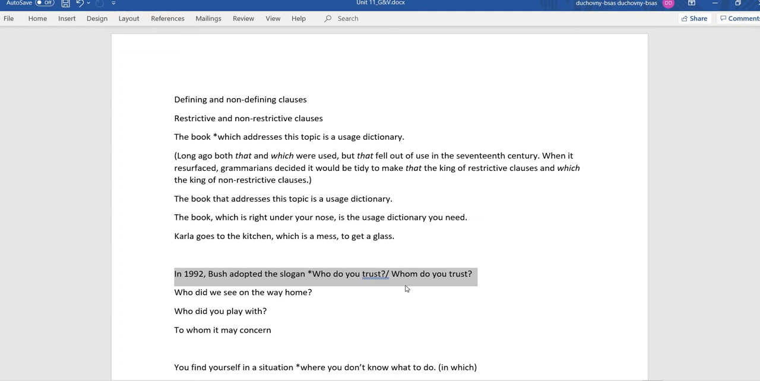So why do we need to use whom? Because whom is the object of the sentence, not the subject, right? In object position, I use whom. In subject position, I use who. In the same way,